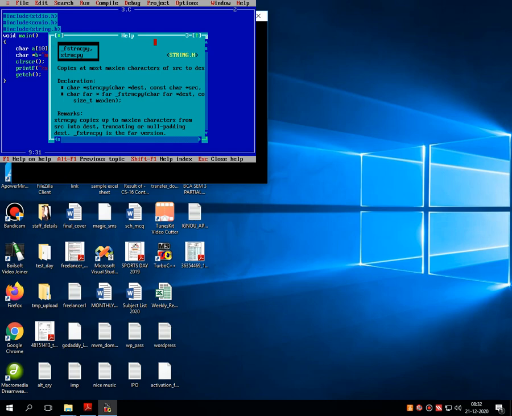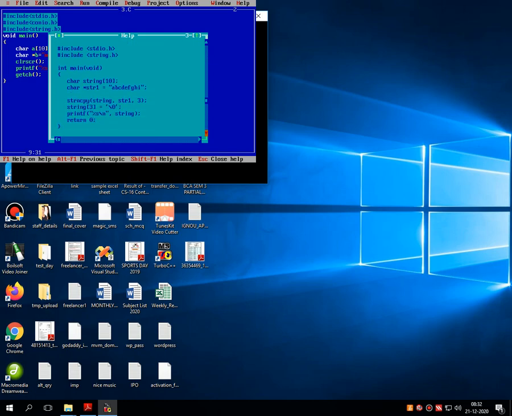It copies the alphabets from source to destination. Now what will be the program for the same?